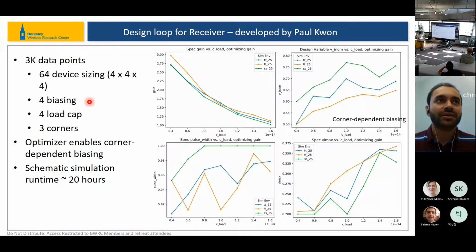So a few results from this design loop. Paul started out with 3,000 data points. There are 64 device sizings, 4 bias points, 4 load caps, and 3 different corners, and he just launched it. In schematic simulation, it took 20 hours. Extracted simulation took a bit longer, of course, probably a few days, but he was just running it in the background. And after you come back, once the simulation is over and you look at the plots,